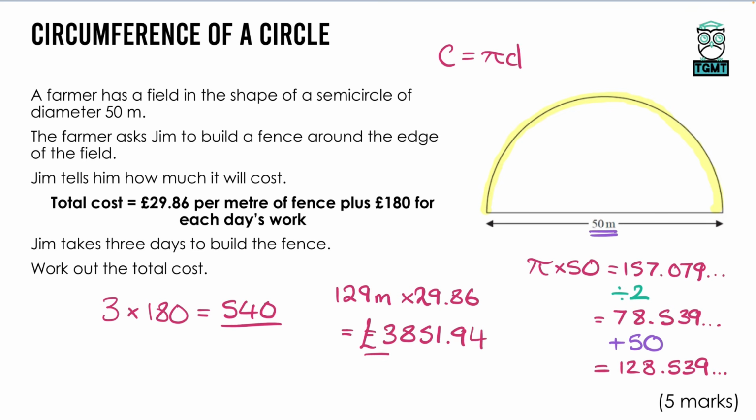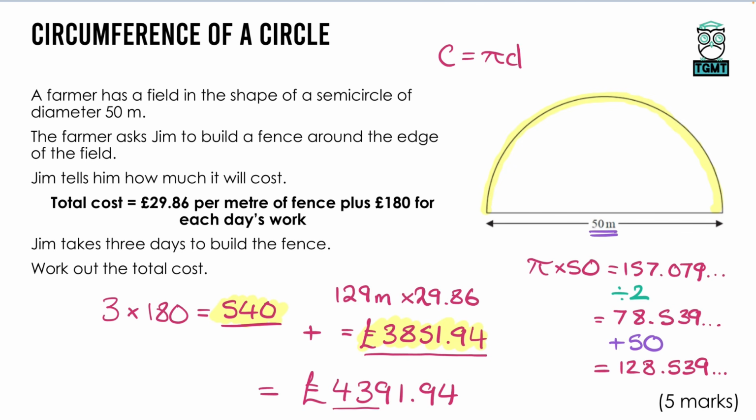Now, of course, the total cost will be the cost of the actual fence plus the cost for the work for each day, and that's 3 days of work. So we need to add those two together. So we'll add £540 to our answer, and that gives us a total cost here and a final answer of £4,391.94. So there we go, that is our final answer for that one, and of course that was looking at